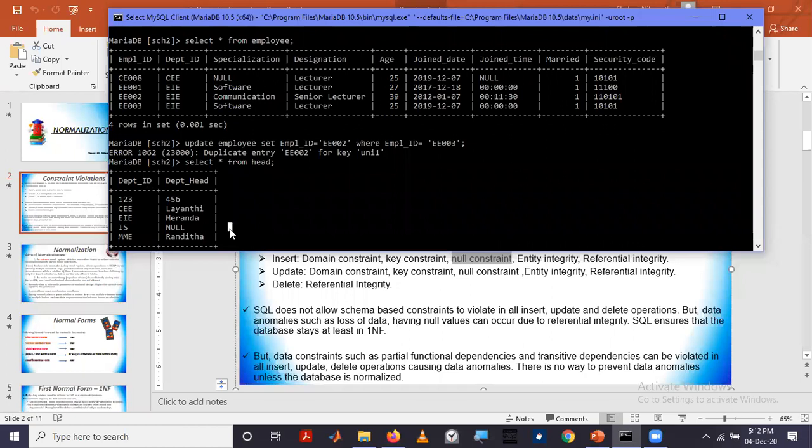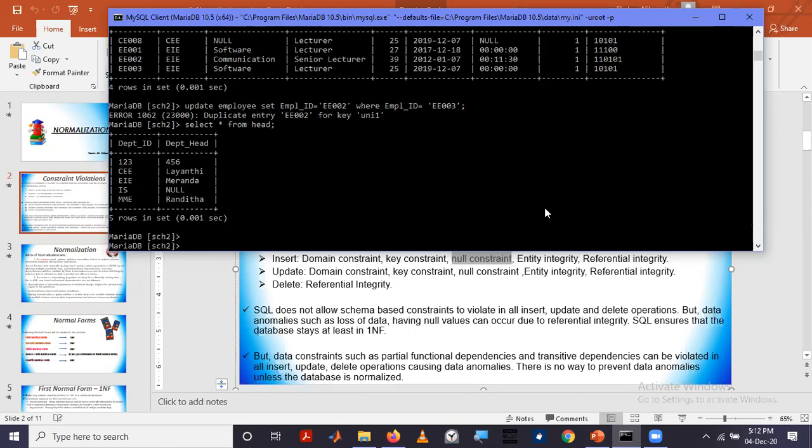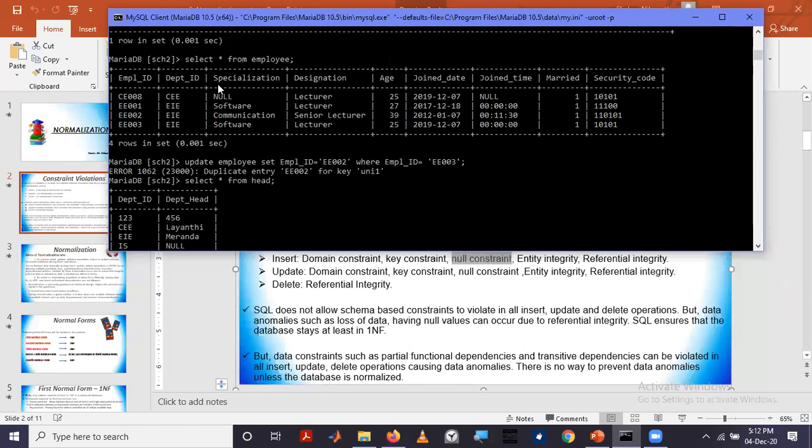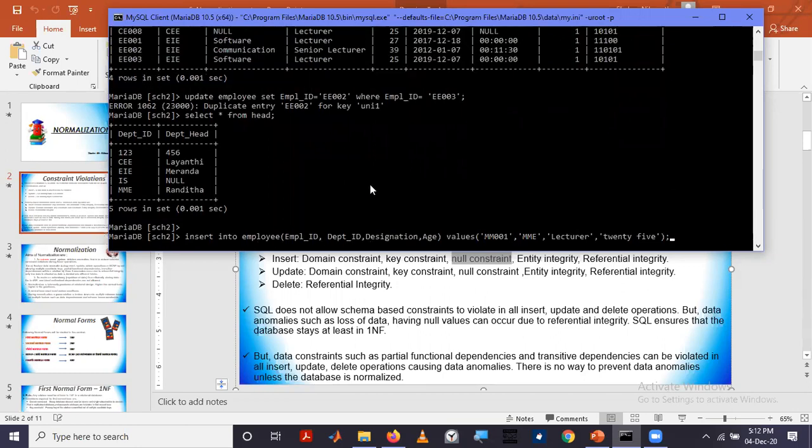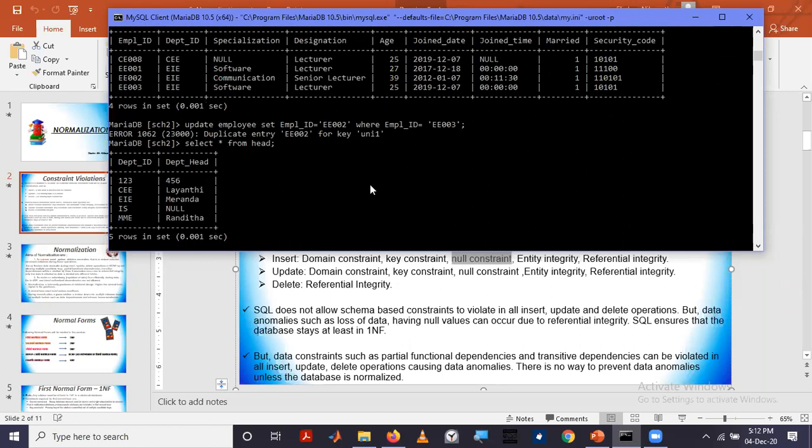So I'll use this insert to demonstrate this referential integrity constraint violation. So if we try to insert into this table, I'll use the arrow keys and navigate, insert into S, employee table, and I am going to insert in here for this foreign key a value which does not exist here.